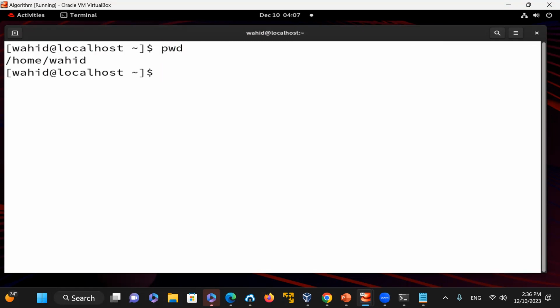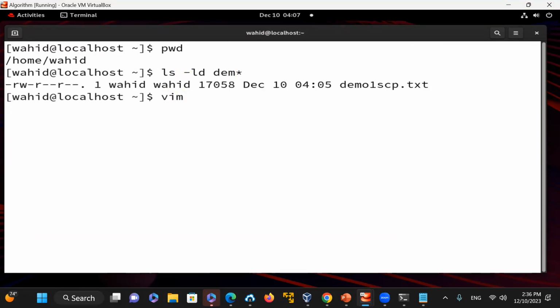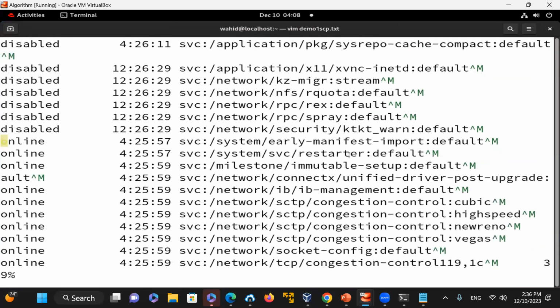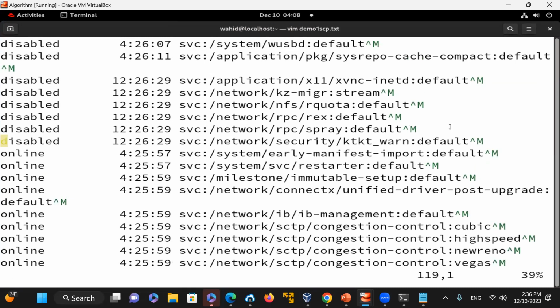So I could say ls minus ld demo, and if I say vim demo1_copy.txt, now I know the set command to translate it from vim, and I could have done that using the set from the command line as well. So all these new line characters, I want to show you that they are there, and then in order to get rid of them,